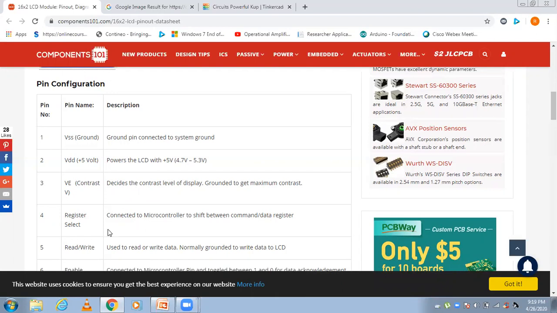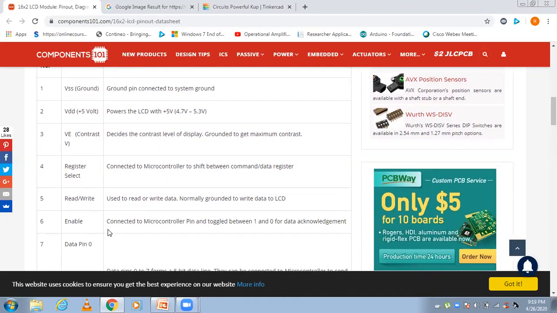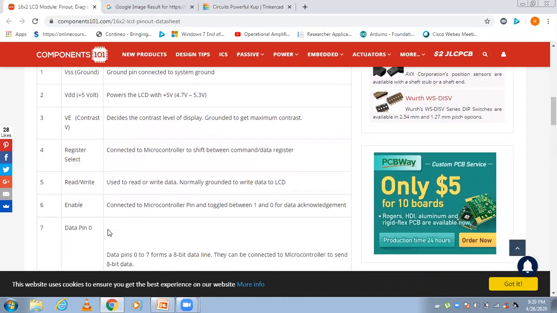The fourth pin is the RS pin. RS is the register selector. This pin is connected to the microcontroller to switch between the command and data registers. The fifth pin is read and write, used to read or write the data. Normally this pin is connected to the ground. And the sixth pin is enable, connected to the microcontroller pin and toggled between 1 and 0